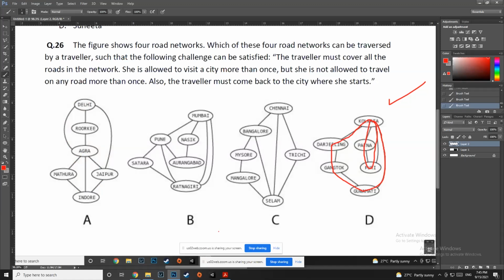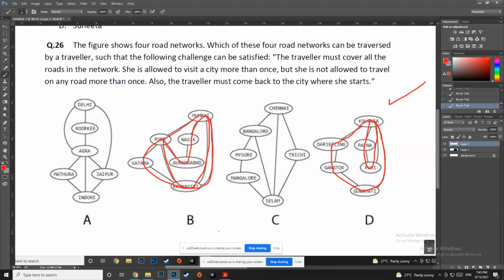Meanwhile, just try A. All of you try A. Meanwhile, I'll try B. So Mumbai, I go from Mumbai to Ratnagiri. I go to Satara. I go to Pune. I go to Ratnagiri again. I go to Mumbai again. I go to Nasik, Aurangabad, Pune, and Mumbai. B can be done. Right. B can be done. I'll just show it again. Mumbai, say Ratnagiri, Satara, Pune, then Ratnagiri, Mumbai, then Nasik, Aurangabad, Pune, and then Mumbai.